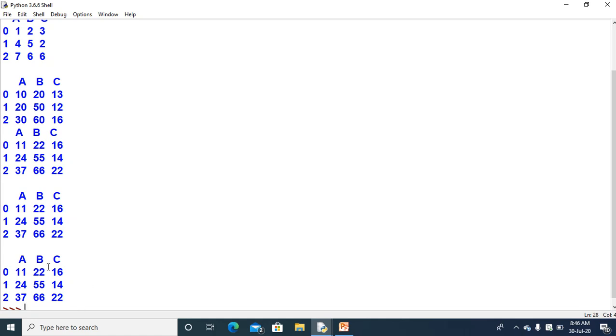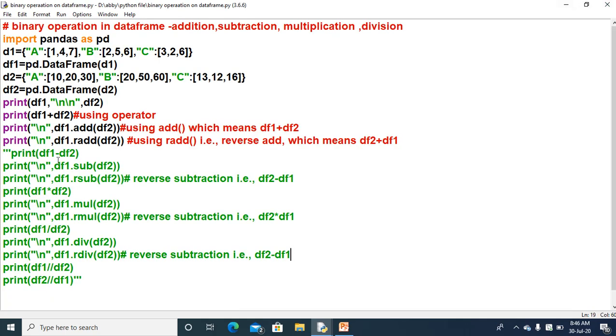So we can say that using the operator as well as using the function, we can add the two data frames. The thing you need to take care of is the name of the function, which is add plus radd. Radd is nothing but reverse addition.